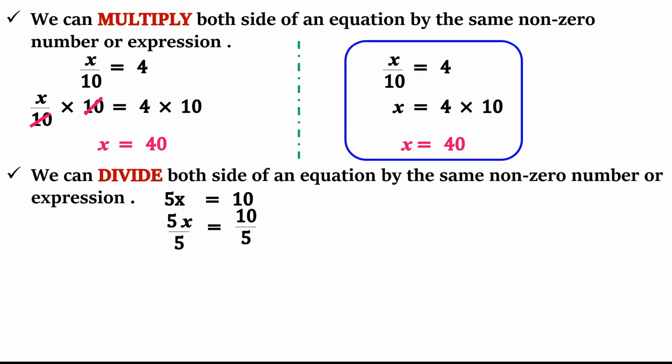Now in the left hand side what happens? 5 gets cancelled with 5. That's why we introduced 5, to cancel that 5, so that we may have only x on the left hand side. Now what I have is x in the left hand side, but the right hand side has got affected. 10 divided by 5 gives me 2. So the answer is 2.